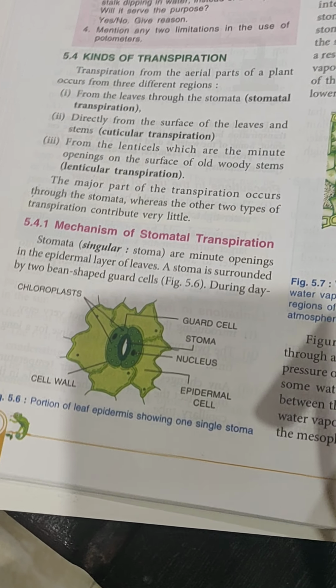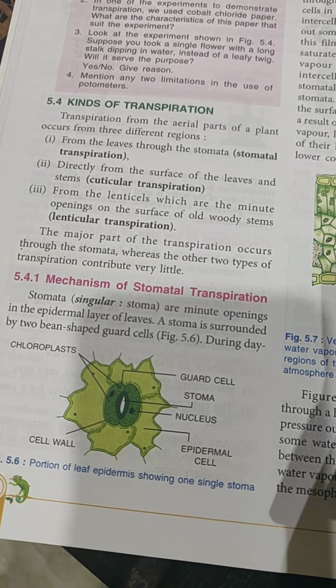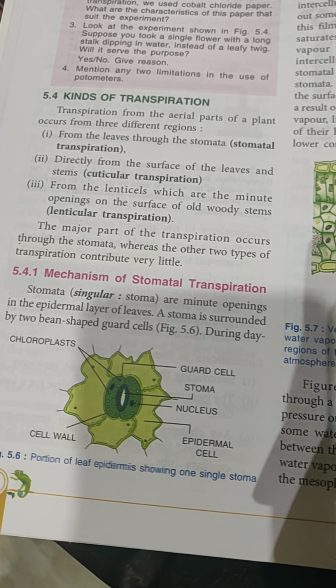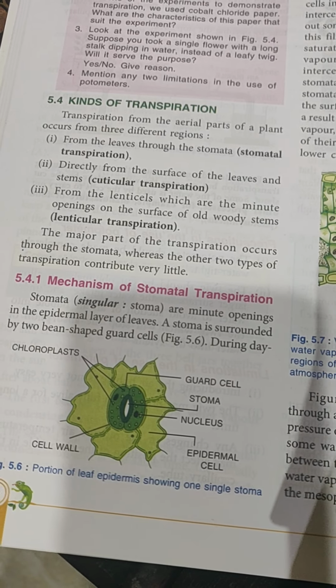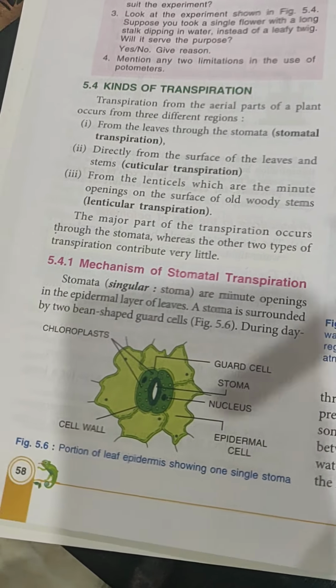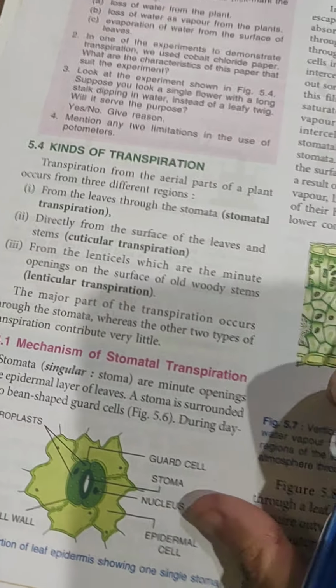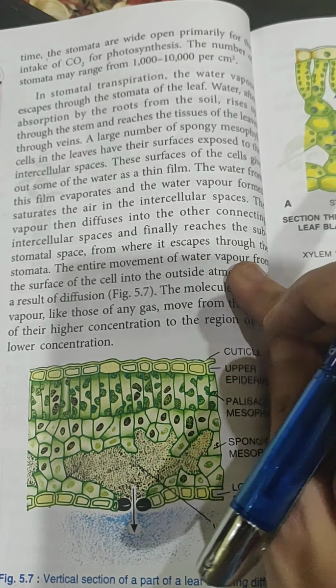Now during the day, the stomata remains widely open. Now this opening is not essentially for transpiration. It is primarily for intake of carbon dioxide. But as the stomata remains open, so transpiration also takes place. Now let us see what happens in stomatal transpiration. Now water, when it is absorbed through root from the soil, we know that it rises up and it reaches the stems, and then through the veins it reaches the